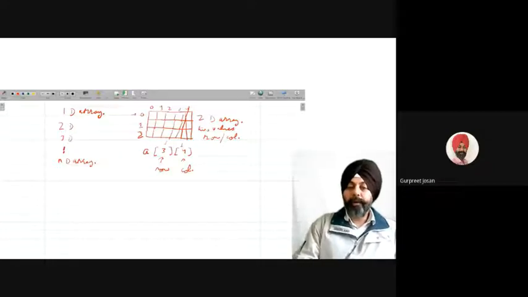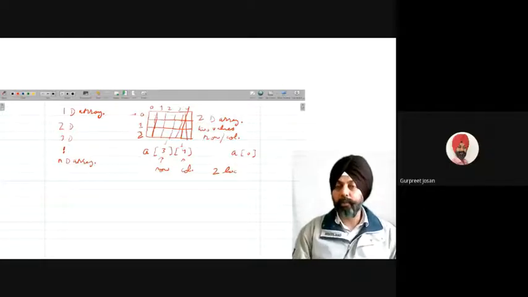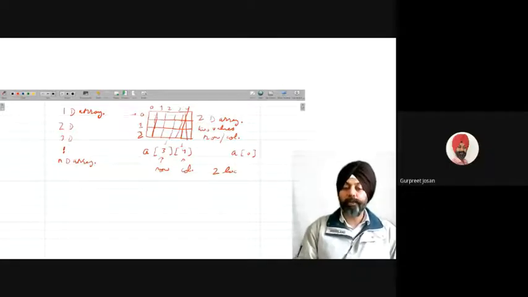Now, how are the elements accessed? In a single-dimensional array, we write the index number like this. But in two-dimensional arrays, every element has two locations: one from the row side, another from the column side. So how can we access those two locations?